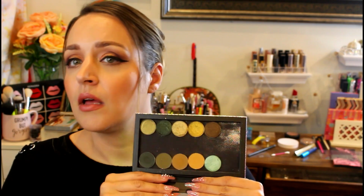And if you remember last year, Alex sent me, actually, do I have it right here? Is it this one? Yes. All of these are Sydney Grace, I think with the exception of one of them, from the green line. So between those and these, I definitely don't need any more Sydney Grace eyeshadows. I won't say no to them if I ever come across them, but okay, this one is called Dive,